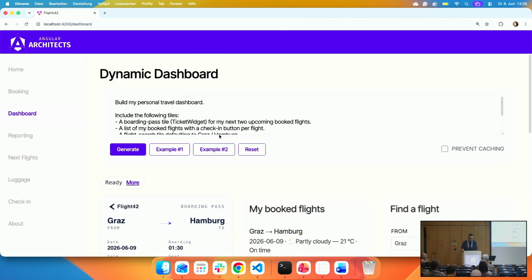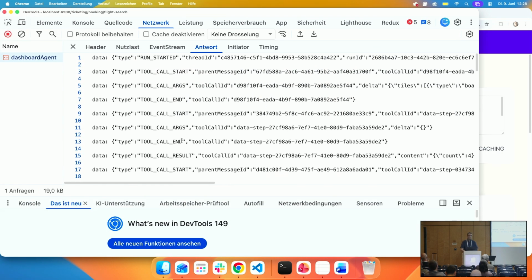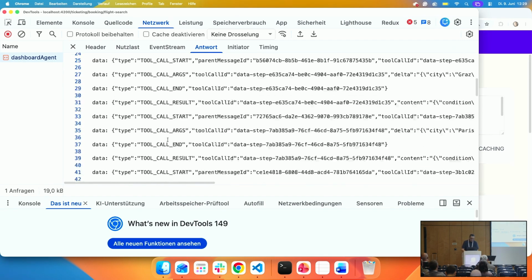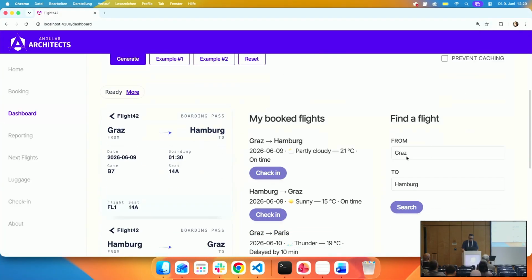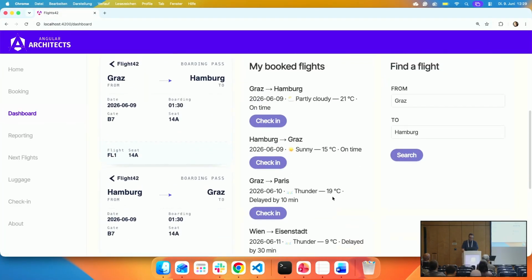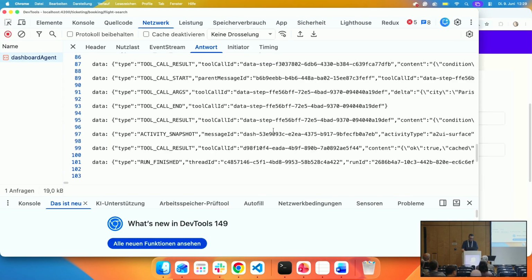Let's request this again. What we have here is, one more time, AGUI, the first protocol. As part of this, we have several tool calls. You can imagine that to get all this data, we need to trigger some tools. For each and every dial, we have a tool.